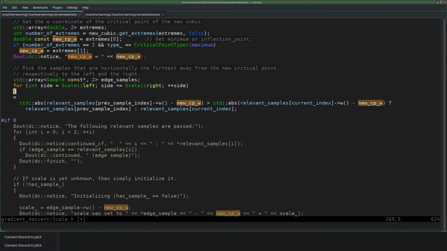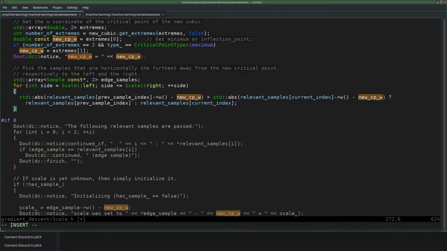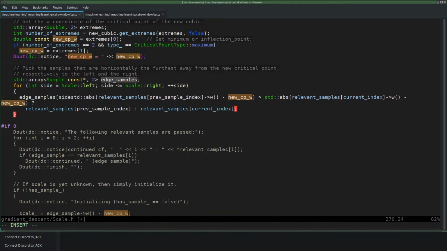It's a difficult way to type. Side is 0 or 1. This is 0 and this is 1. And then I'm going to assign both of them. So now edge sample side becomes